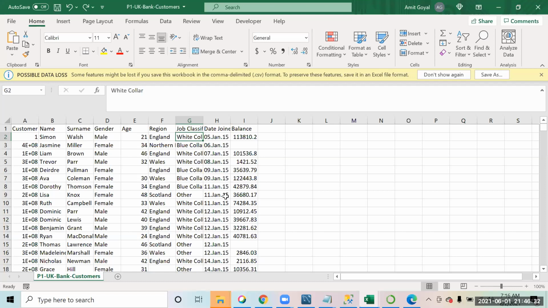So that is how we treat the missing values. Depending upon the requirement, if very few values are missing, you can delete the data, or else you can replace it with the mean or sometimes the median.